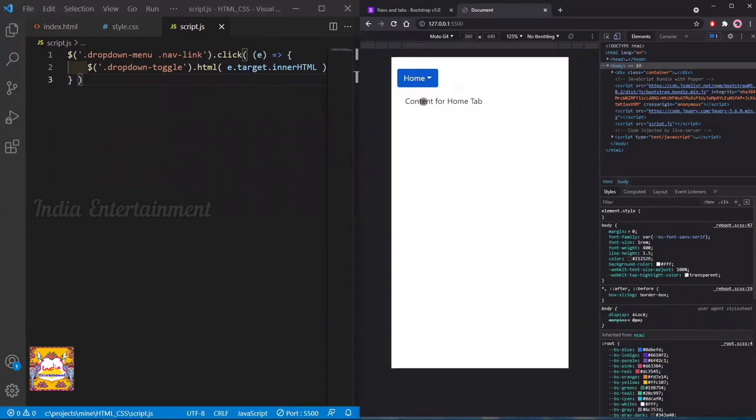So this is all, guys. I hope you all now understand how to change the nav tabs to a drop down for a mobile responsive, and